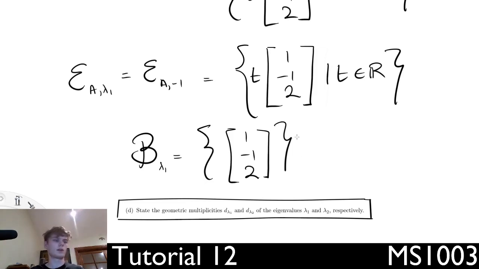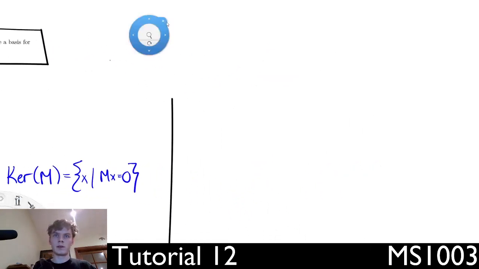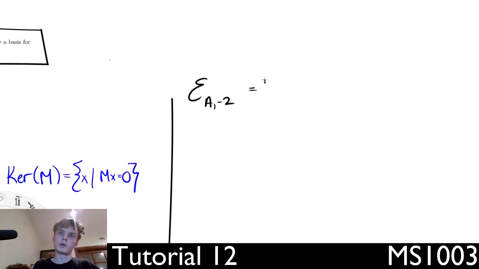Okay, perfect. And I've run out of space. Let me make some more. I'll make more space to the right. And hopefully now I won't mess anything up. So next thing we have to do is get the second eigenspace and the second eigenbasis. We want to look at the kernel of A minus lambda 2 times I, or the identity, and lambda 2 is equal to 2. So what we want to do, find E of A minus 2, the kernel